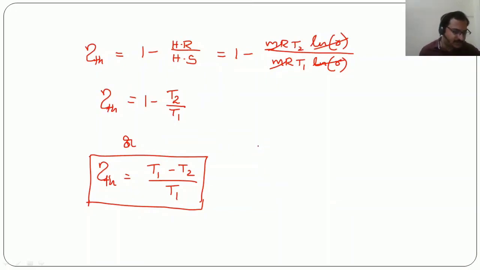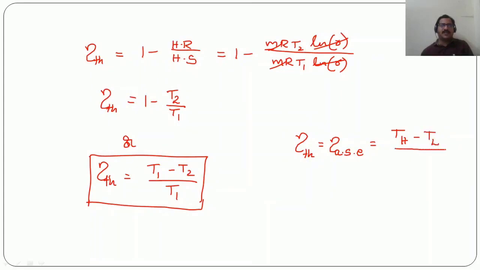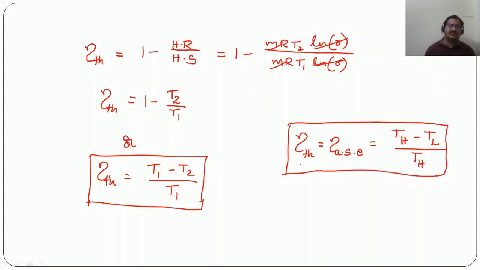So this is the formula that we have used when we talked about Carnot efficiency in the second law of thermodynamics. So this thermal efficiency here, as we are using air as the working substance, we call this the air standard efficiency, and we can write it as higher temperature minus lower temperature by higher temperature. So this is the formula that we can consider here. So this efficiency is called the Carnot efficiency.